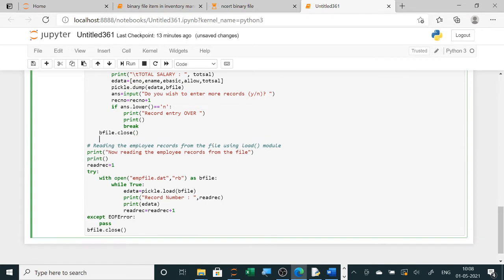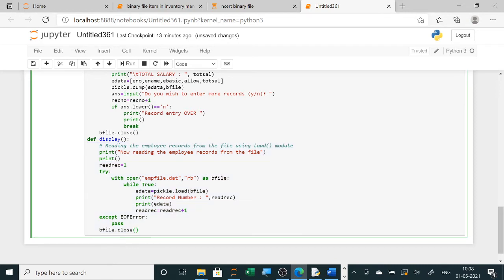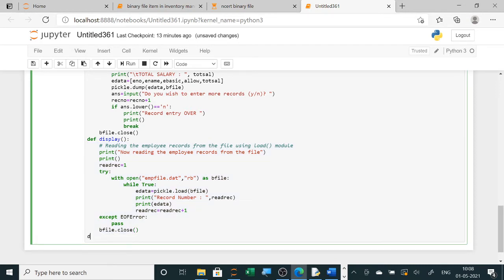Now next function will be to display the content of the file. So to display the content of the file I am using this, and then same thing I am doing, I am indenting it. Now the other one will be to search in a file. Suppose you are asked to search any record.